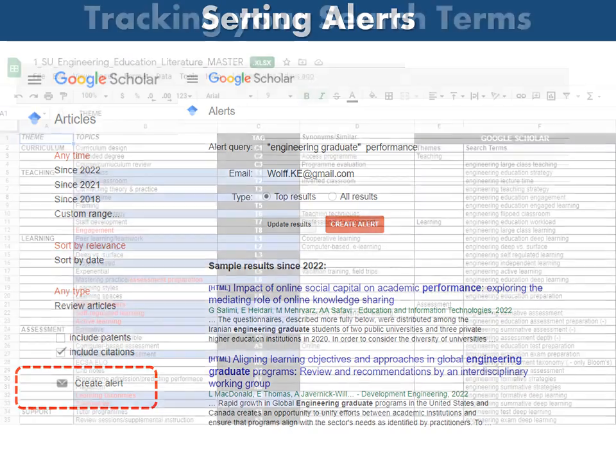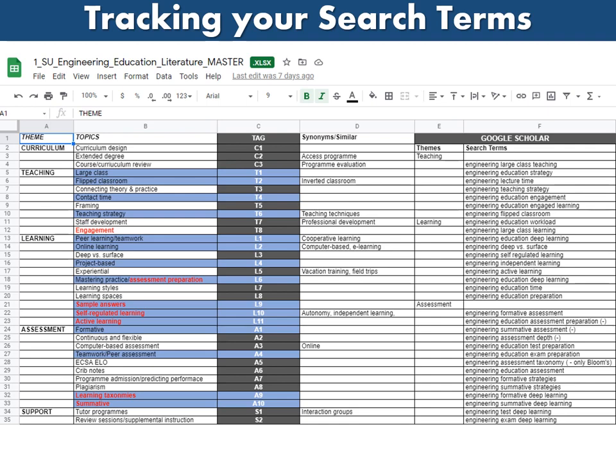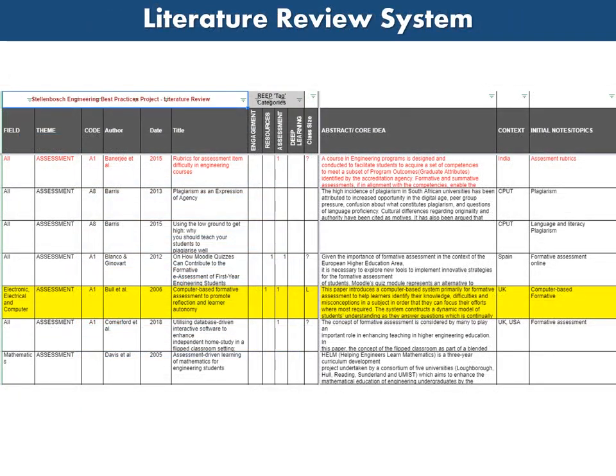Now, it's a really good idea to keep track of the search terms you're using. You can see that in our faculty project there were multiple terms that we used, but this really enabled us to constantly maintain a bird's eye view of the project as a whole. And in fact, we have a number of publications in this very space simply because we managed the literature review process and the tracking process really well. Another addition to your system is that as you start finding literature that is relevant to your problem and you start refining your search, you might really wish to try a spreadsheet system.